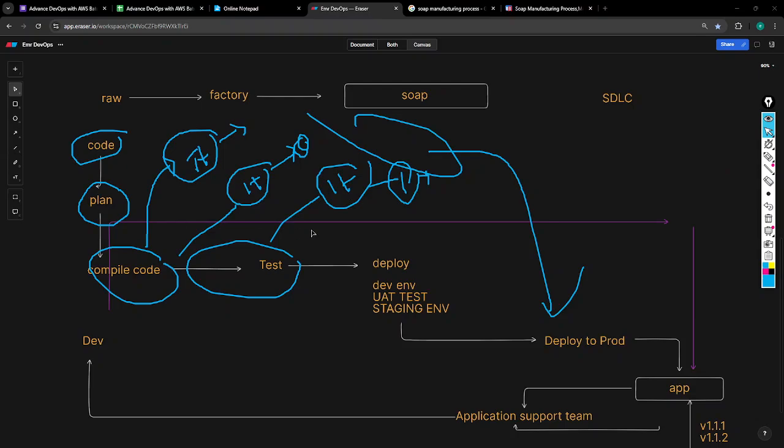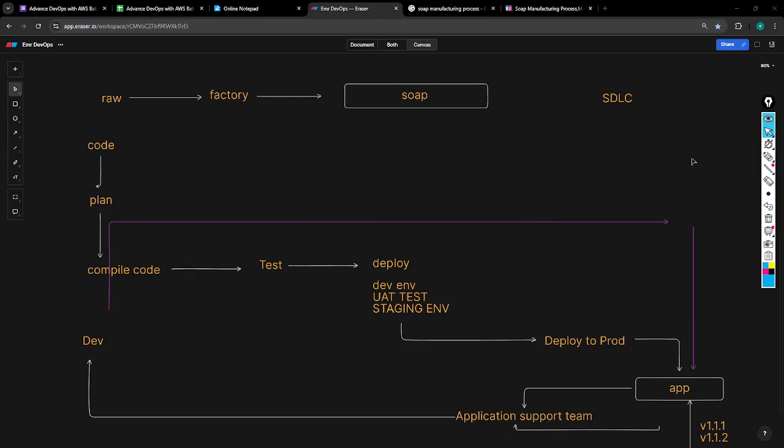Every company is dependent on the agile process only, but they are using the DevOps method. For project tracking they have the agile methodology, but for deployment and application automation they are using the DevOps method. Okay, so this is the agile method.